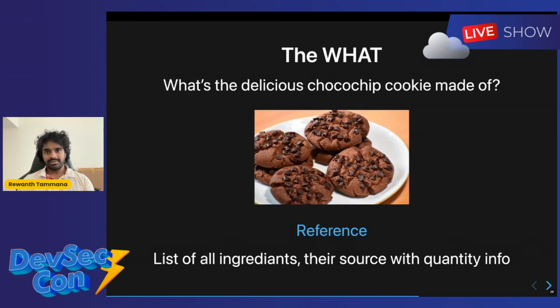So the what? Just to give a simple analogy, I'm sure most of you might love choco chip cookies. So when you want to make one, or when you want to understand how one is made, you need to have the complete list of ingredients, their source, the quantity, and how long you have to bake it, and everything.